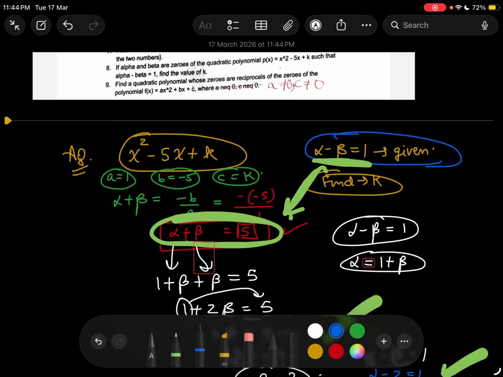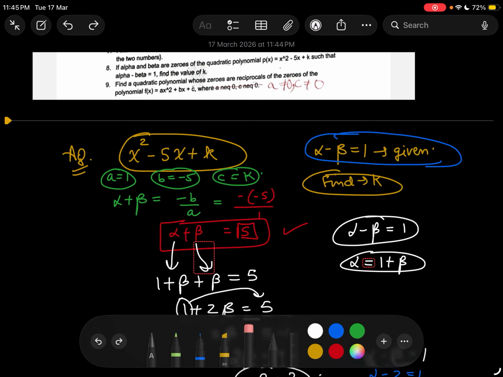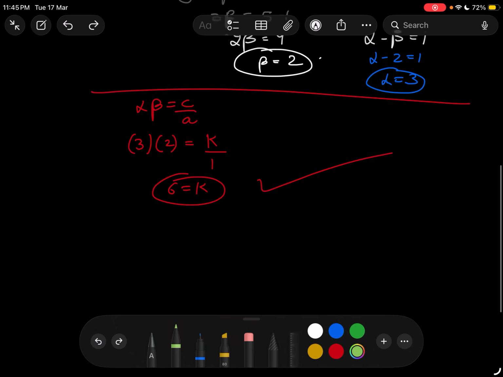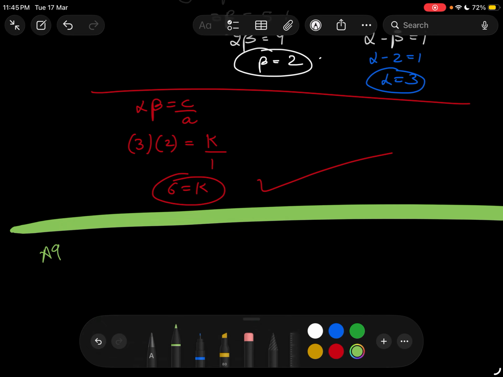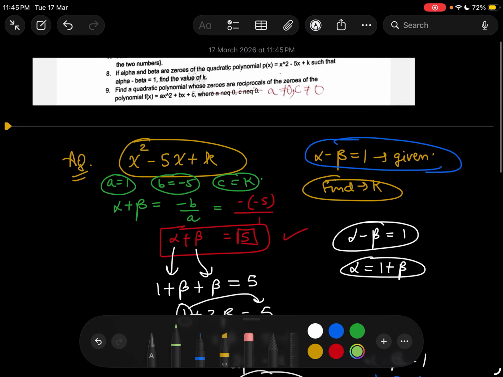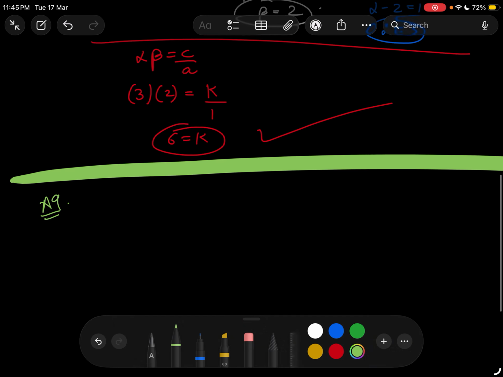For the next one, it says find a quadratic polynomial whose zeros are the reciprocal of the zeros of the polynomial ax square plus bx plus c. Okay, so let's see. They are saying find the quadratic polynomial whose zeros are reciprocal of the zeros of the polynomial ax square plus bx plus c. So if alpha and beta are the zeros of this polynomial,